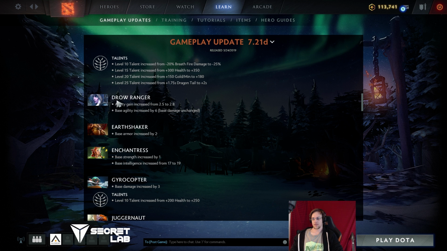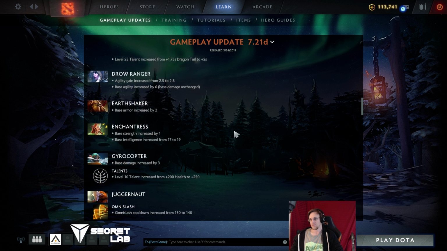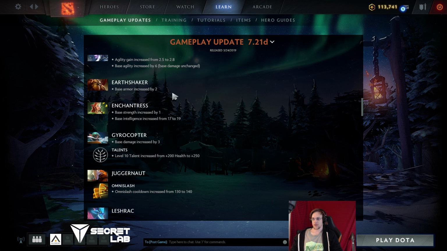And she's one of the fastest farmers in the game once you get a Blink Dagger very early on. Earthshaker base armor has been increased by 2, so he's tanky. Now basically a 4 base armor, so that's quite high. Maybe we'll see a little bit of a return of, I don't know, offlaner Shaker. I don't know. This hero is just a little bit slow currently for the meta. He's not that good at fighting in the lanes, and so he's in a bit of a rough spot